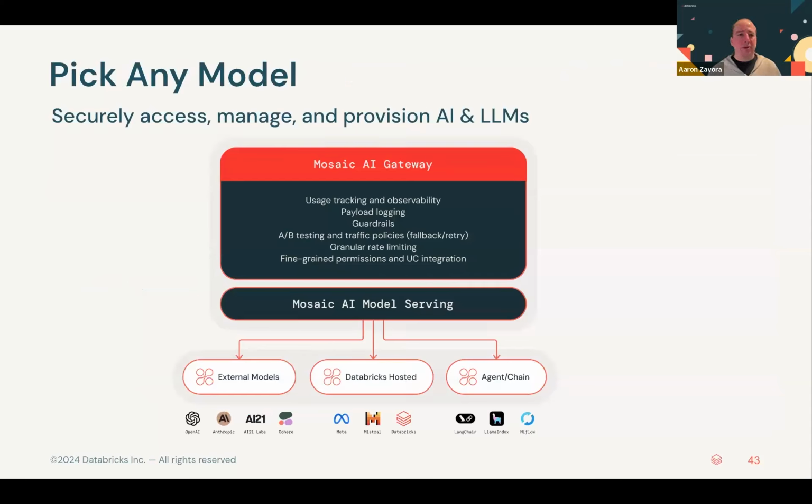why would you use Databricks for generative AI and LLMs? I think there's two important things to key on here. One is that with Databricks and Mosaic AI Gateway for LLMs, you can pick any model, right? So that's all of your models from OpenAI and Anthropic to your models that are open source like Llama, right,